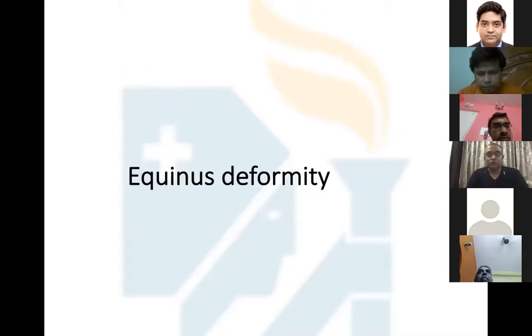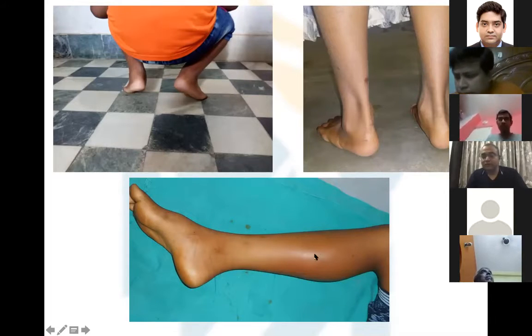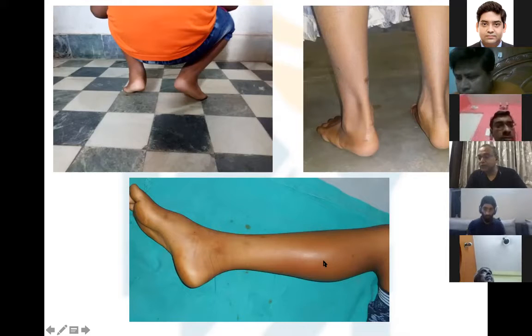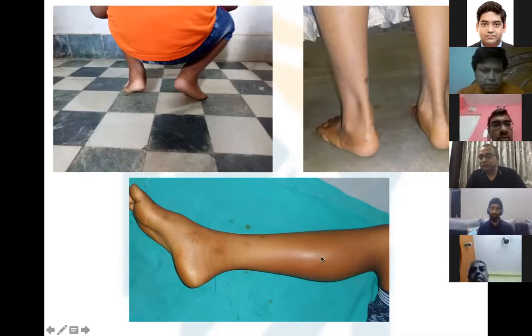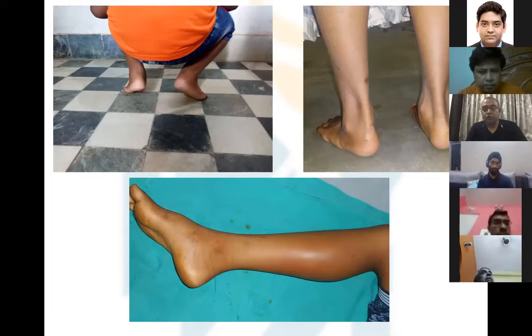Now let's go to one of the commonest ones, the equinus deformity. In the first picture, this is an idiopathic tendoachilles tightness. In the second, it is equinus with spasticity in a cerebral palsy child, so there is a tight spastic gastrosoleus muscle. In the third, there is a shiny swelling and some calf abscess, and sometimes the pseudotumors of hemophilia can present like this, and that leads to an ankle deformity, an equinus. Also in post-polio residual palsies and traumatic conditions, you can have such equinus deformities.